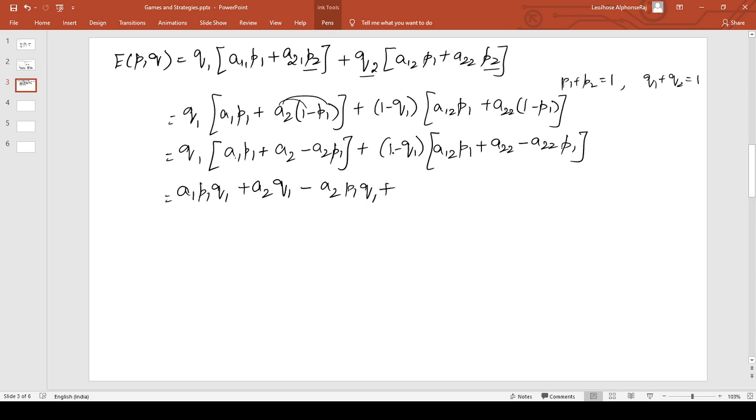And here you have these two terms to be expanded inside. First, let me multiply this 1 with all the three terms. So I'll get back the same terms: A12 P1 plus A22 minus A22 P1. The next one, I'm going to multiply this minus Q1 with each of these terms. So we'll get minus A12 P1 Q1 minus A22 Q1, and then plus A22 P1 Q1. After this calculation,